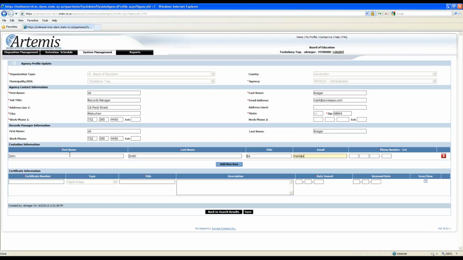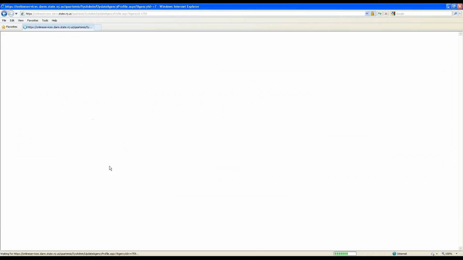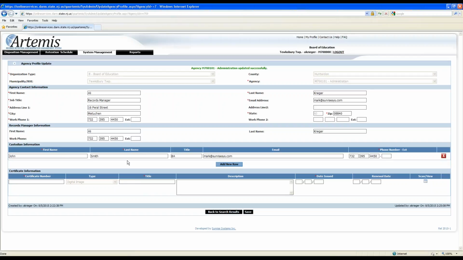I'm just going to fill in his information here. And what I will do is hit save. And what will happen is now my BA's information will be saved. And I can add a couple of custodians as well. In a county organization, sometimes there are multiple custodians, so you can enter as many as you want.